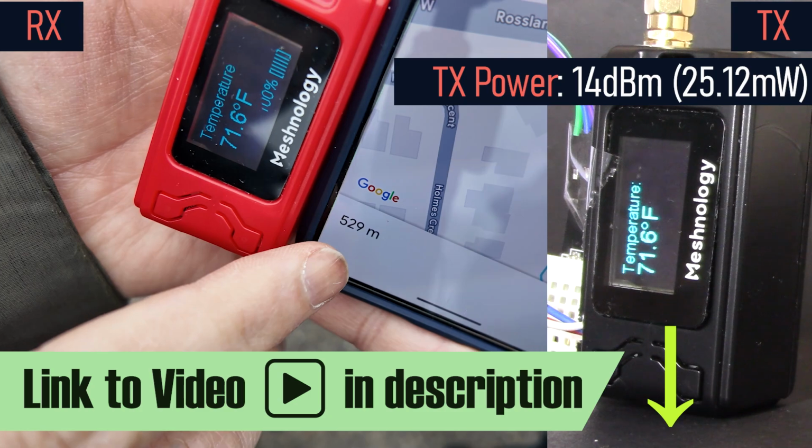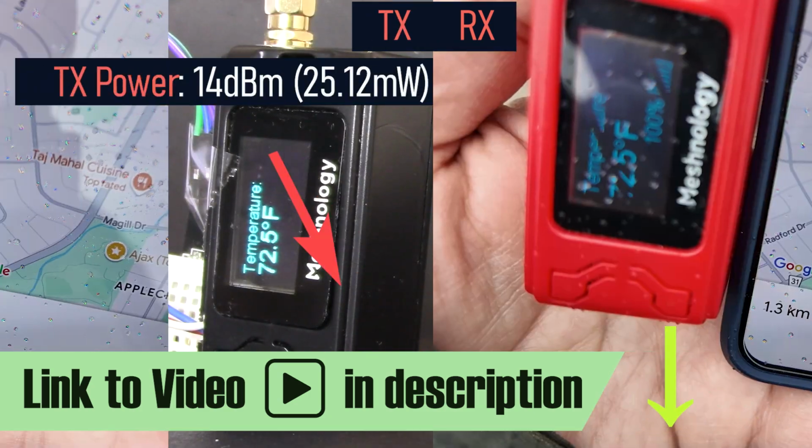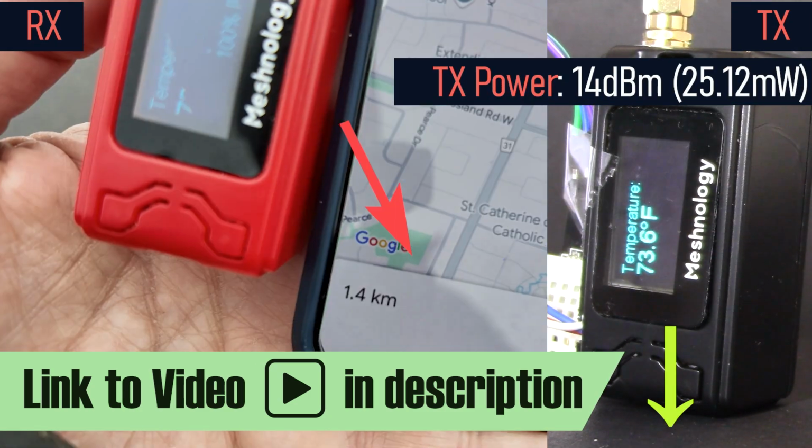Currently, I am 0.8 miles away. At 0.7 miles away, we are still